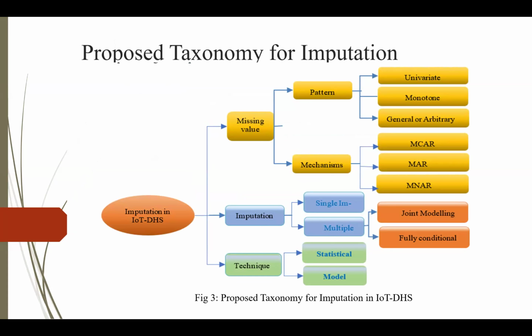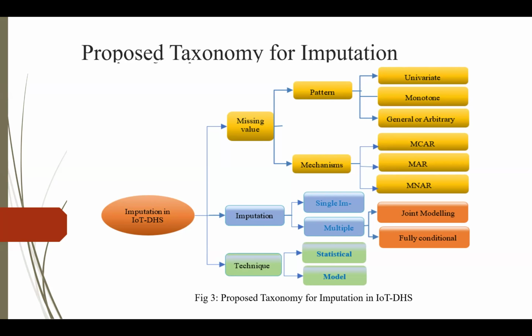Now, missing values can appear in the main approach, that is patterns. Patterns are nothing but the arrangement of observed and missing values in the data set. When it comes to patterns, we have univariate, monotonous, and arbitrary. Univariate is nothing but only one column of data is missing. Others are complete data. Monotonous means